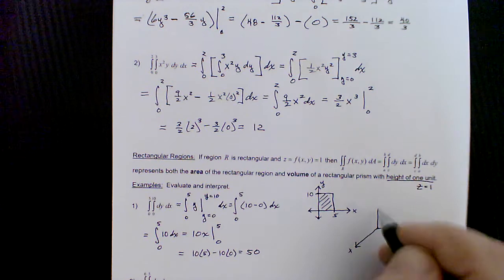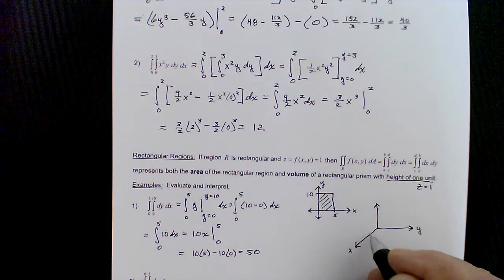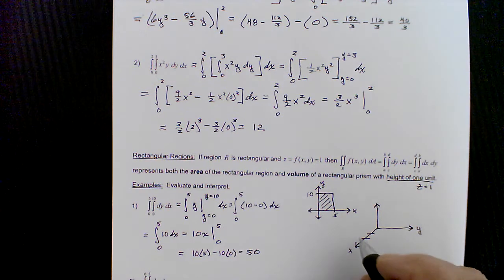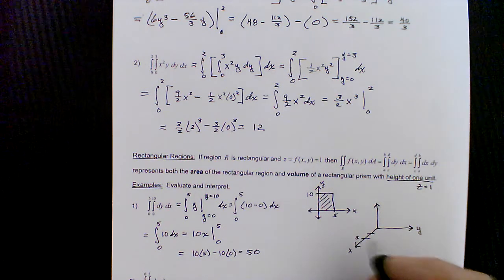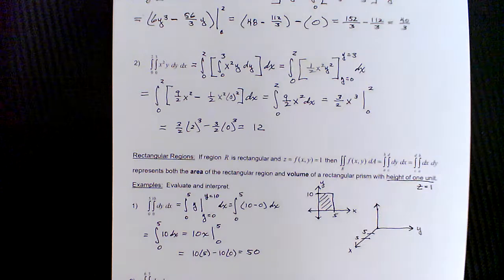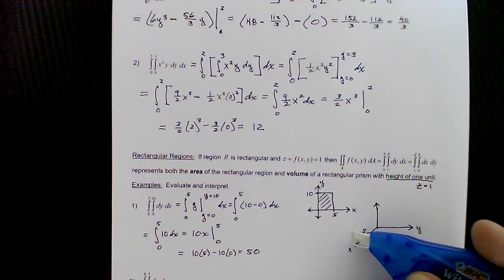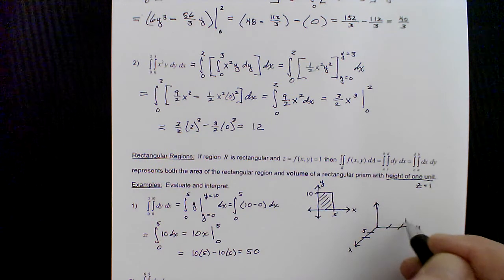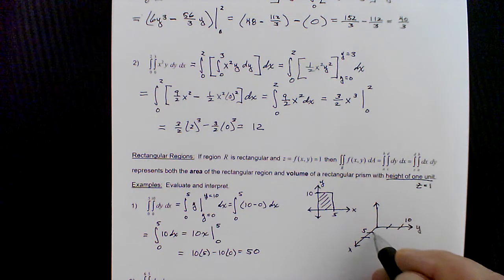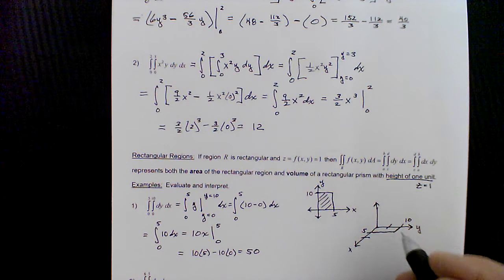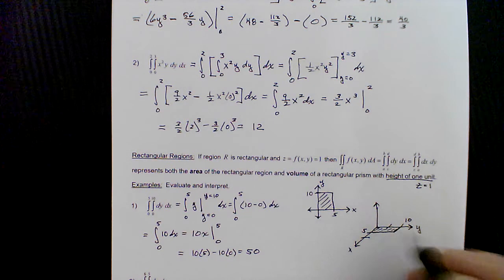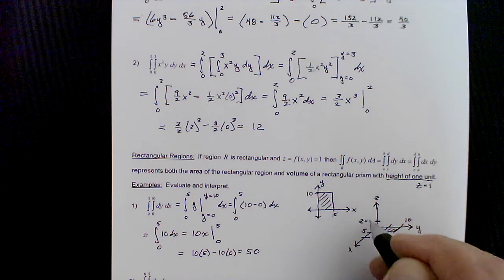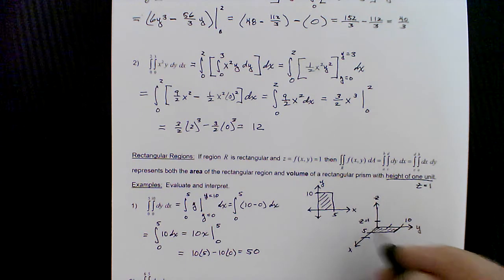So here's x, here's y, here's z, and I don't know my scale, let's say x went out to 5. So let me call that one 5. And y is going out to 10. And so you'd have that rectangular region there. But then this is z. Z is equal to 1. So it's really just